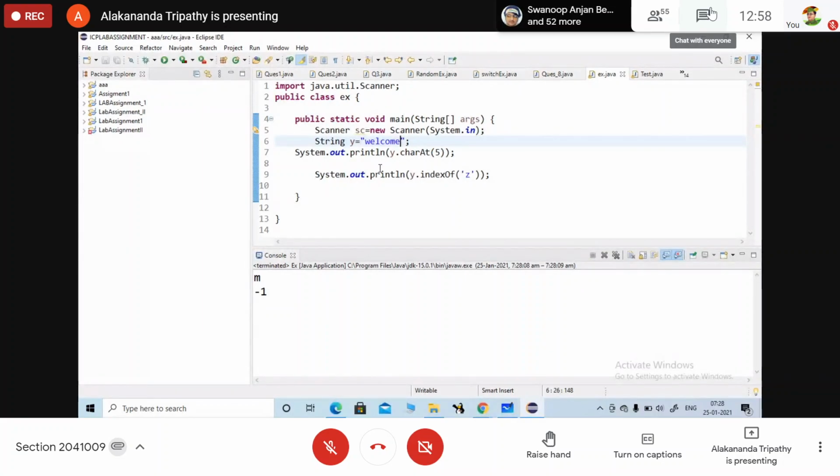If the character is present, it gives its index location. If the character is not present, then it will return -1.